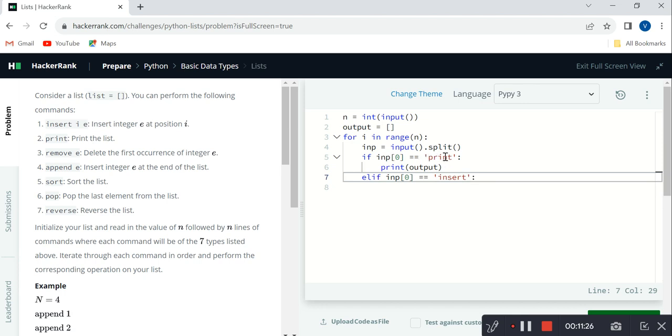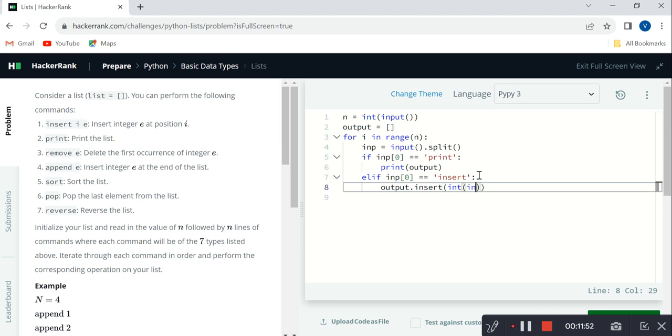If I take print as my first command, or if my first command was insert, like that I will handle it using the conditions. And here output dot insert of int